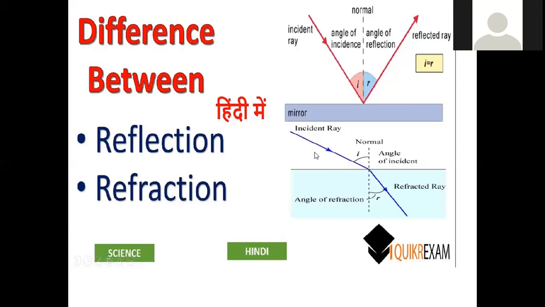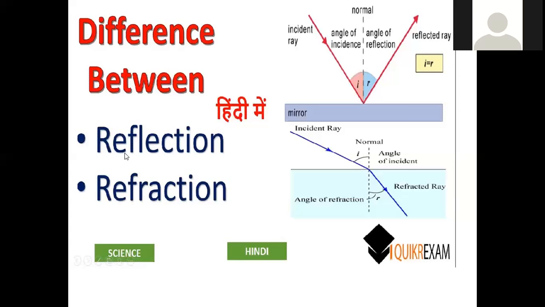Let us take the thicker medium. Air is the lighter medium and water is the thicker medium. When this light is allowed to move through the thicker medium, what happens? The light will bend, the angle will change, and the speed also changes. Now again an angle is generated, denoted with R. R denotes the angle of refraction. The light ray which passes with the bend is called the refracted ray.